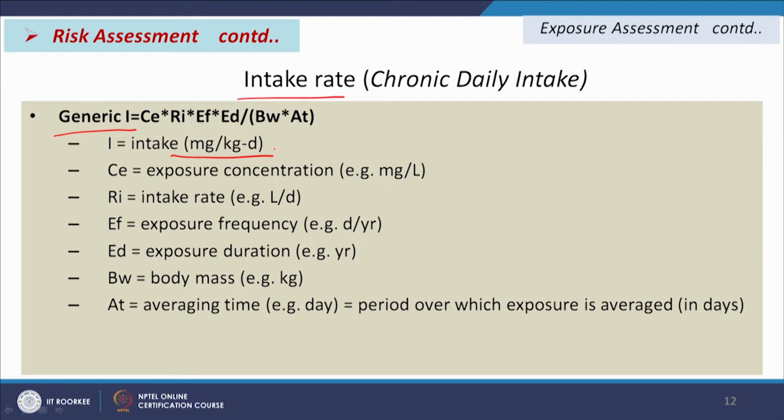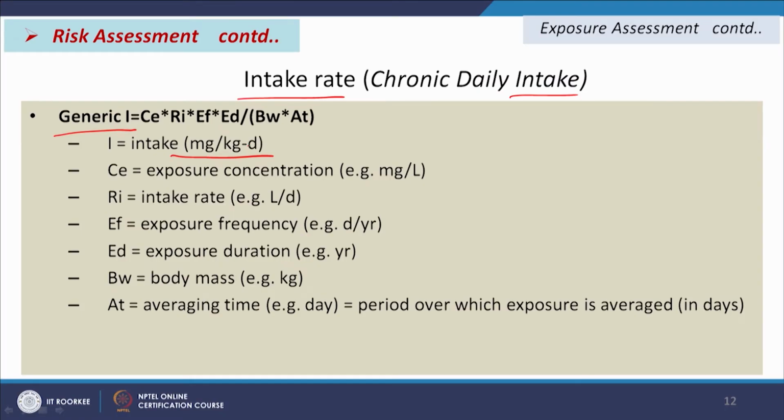This is chronic daily intake. Chronic daily intake means a very small concentration we will be taking. There are basically two types of effects, one is chronic effect, another is acute effect. For acute effect, the concentration of the pollutants will be more and we will get immediate impact, but for chronic effect the concentration of the pollutant will be less, but for long term consumption we will be getting the impact of it. That is called chronic daily intake, that is intake in mg per kg per day,